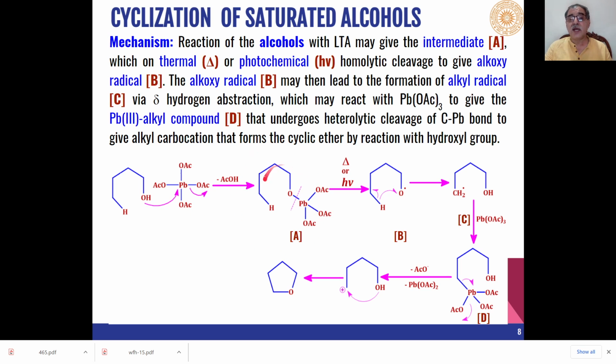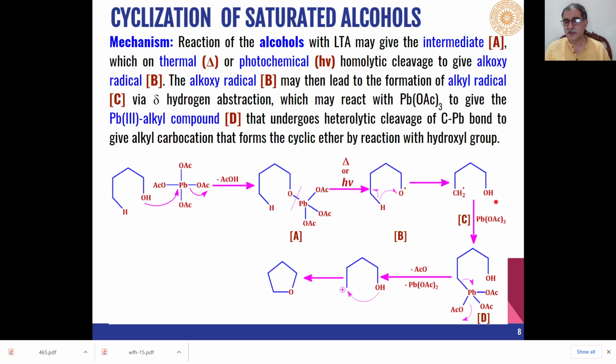Then either when this is heated or under UV light, the lead-oxygen bond will be cleaved, and we will get this type of alkoxy radical formed with the removal of the lead triacetate radical. And then this alkoxy free radical will undergo transfer of this H radical from here to this oxygen,